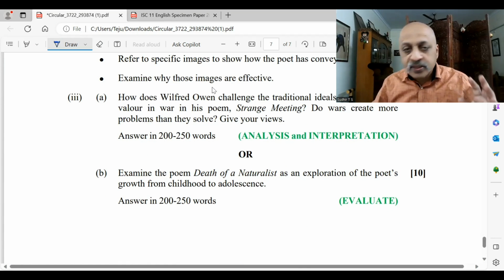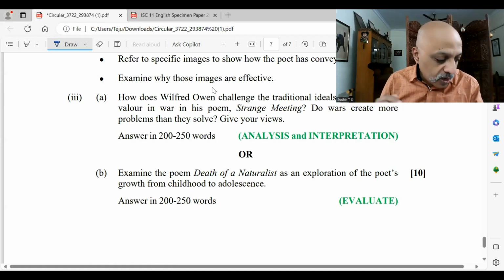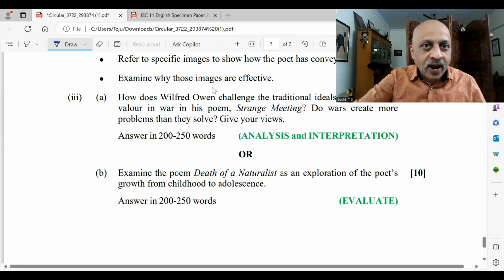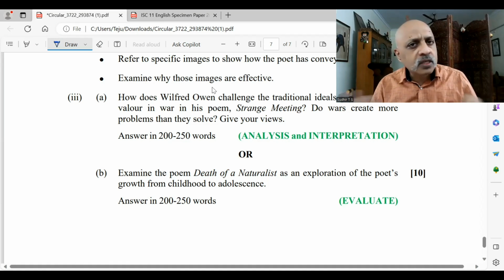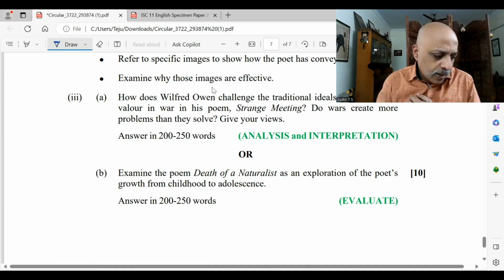So what I've done is I've written the entire answers separately in the PDF. So let me open that one, and then we will go through that so that you have an idea about how this question paper actually looks. What I could do is to share this question paper on our WhatsApp group, Study with Sudhir. You can probably take it from there.